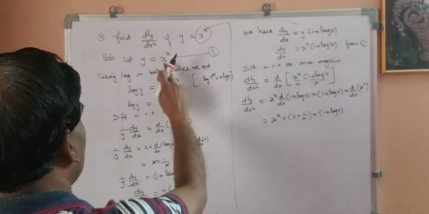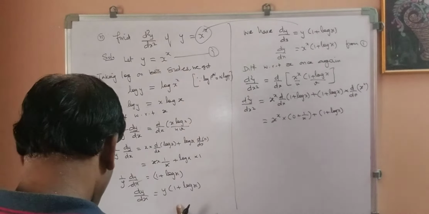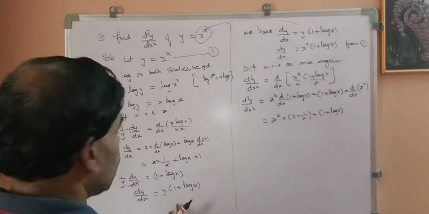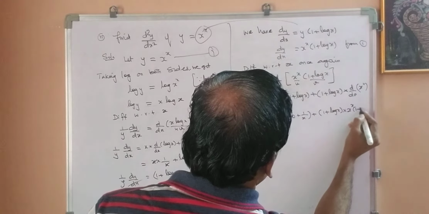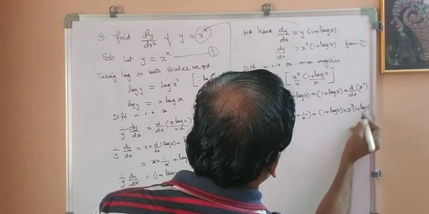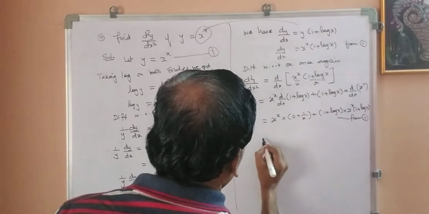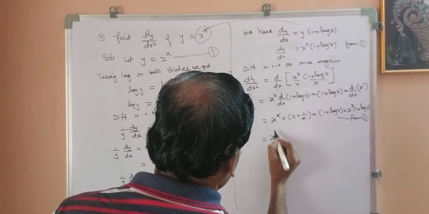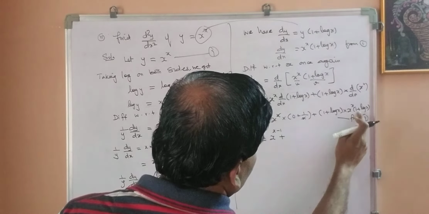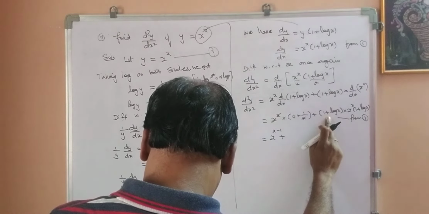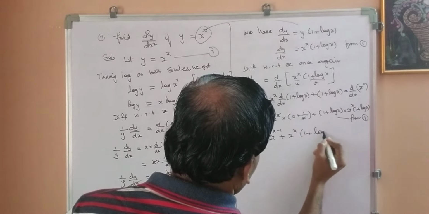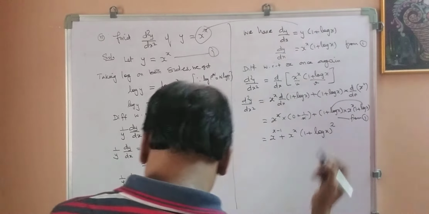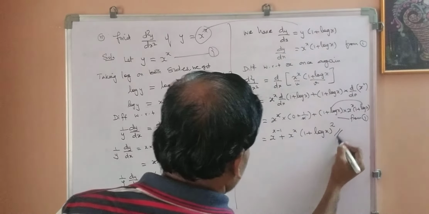We got it here. You see, what is the derivative of x to the power x? y into this one. This one you got from 1. See, into x raised to x into 1 plus log x from 1. Correct? Differentiation of x raised to x is here. So, this if you cancel it, x raised to x minus 1, plus, how many times is it there? 2 times. So x raised to x into 1 plus log x, 2 times. See, multiply. Square. This is the answer.